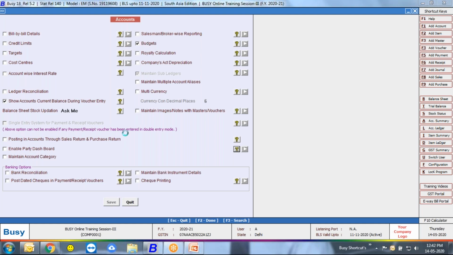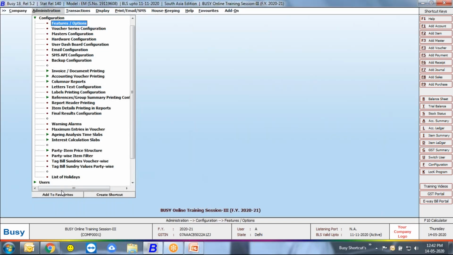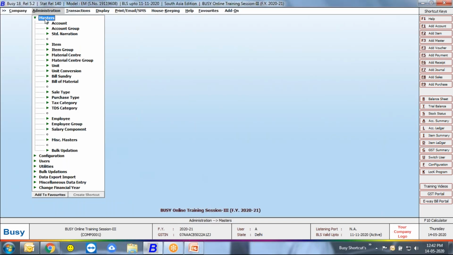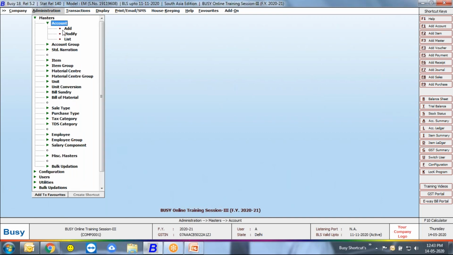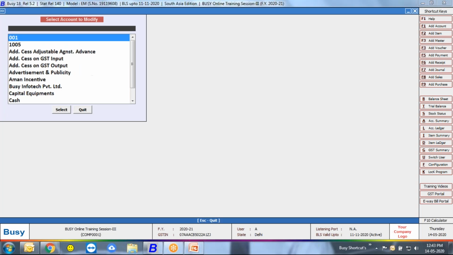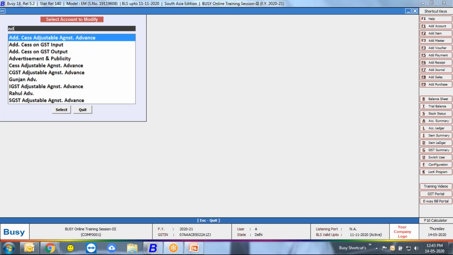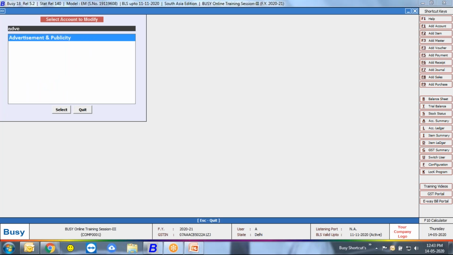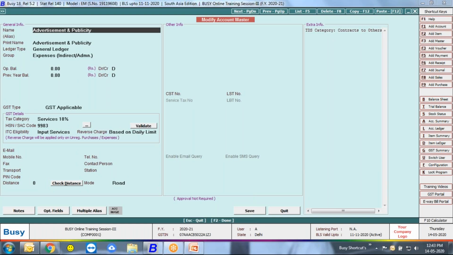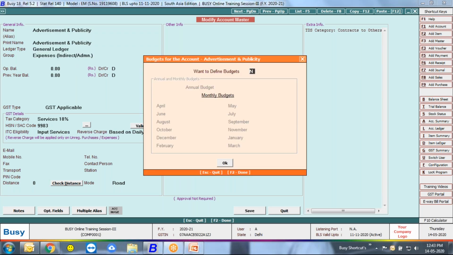You don't need to go anywhere. Just modify your expense voucher. First of all, remember budget is only configured for your expense masters. So you need to go to account modify, and let me show you advertisement and publicity expense. Modify account ledger, just save it, and it will automatically ask you, want to define budgets for this ledger?